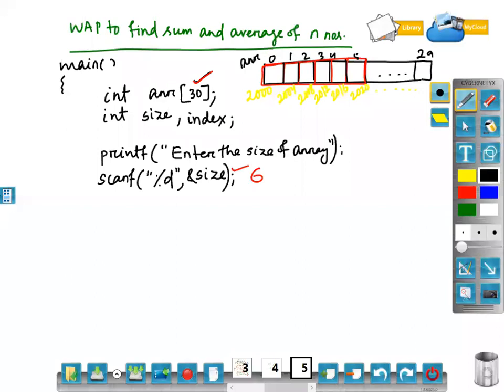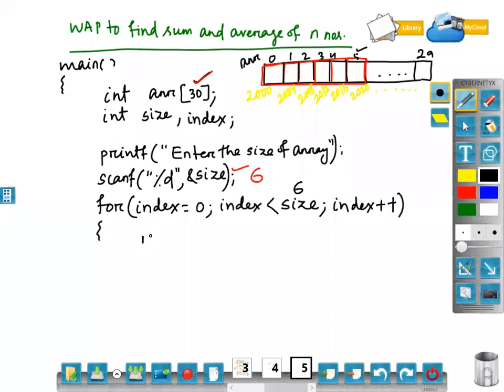All of you know. For loop, I will start index from which point? Index equal to 0. How much will I operate out of 30? This depends on the size variable. So if size is 6, that means I want to operate up to 5. So check index less than 6, this condition will be true till 5. So 0 to 5 I can operate. Once the index value becomes 6, then that problem will start. So index plus plus. Okay. Done.